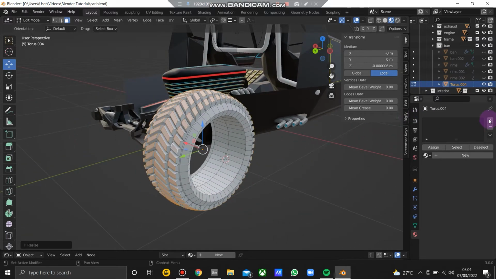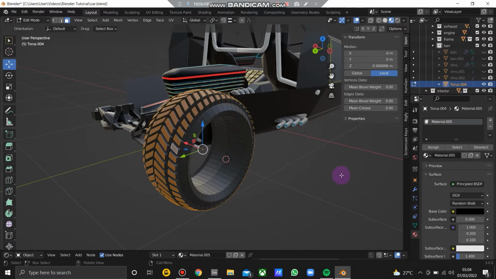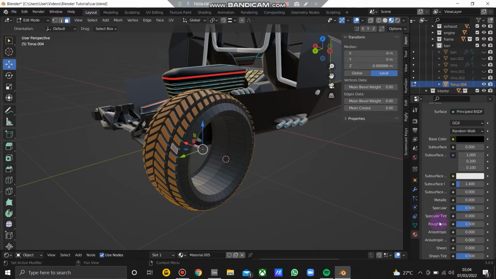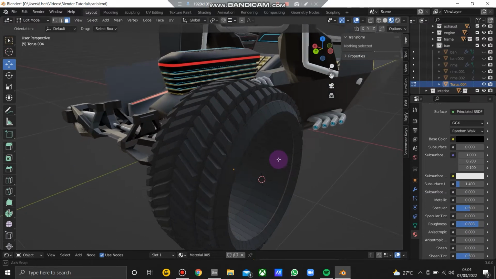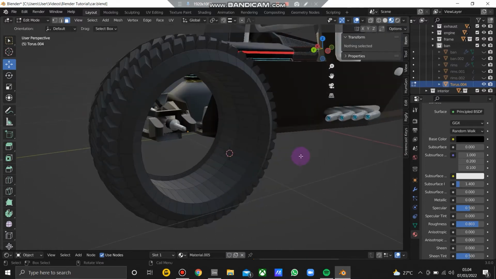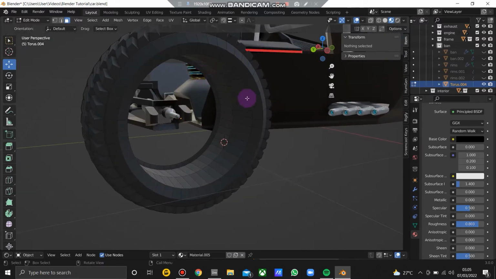I'm gonna register it under a new material, so you go down here on the bottom right, plus, assign, and new material. I'm gonna go with black on this one. Maybe a bit of roughness to replicate the surface of a tire. And there we go, we have a tire, and maybe the profile is too thin, yeah, so we're gonna make